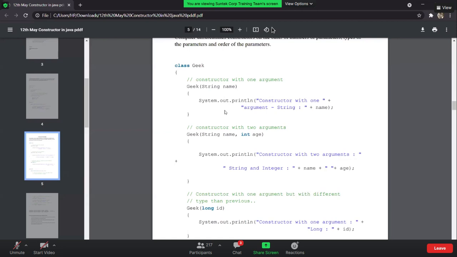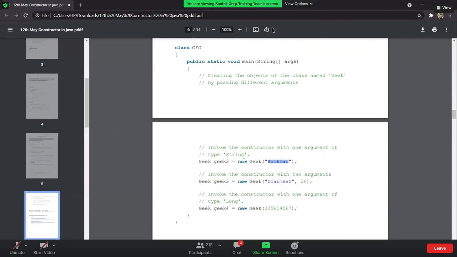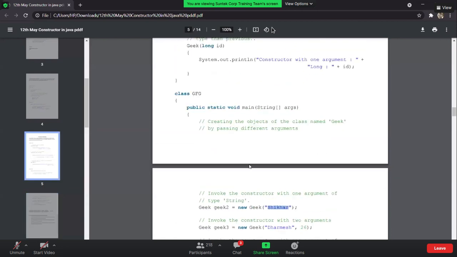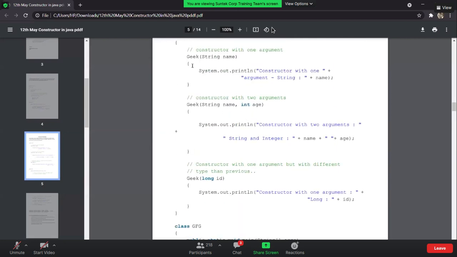Here we have passed Shikhar, which is of type string. Now, which constructor will get invoked? Correct, this constructor will get invoked, because it only contains one parameter, which is of type string. This looks the same, but we'll discuss that later, since we are discussing polymorphism and constructors here.